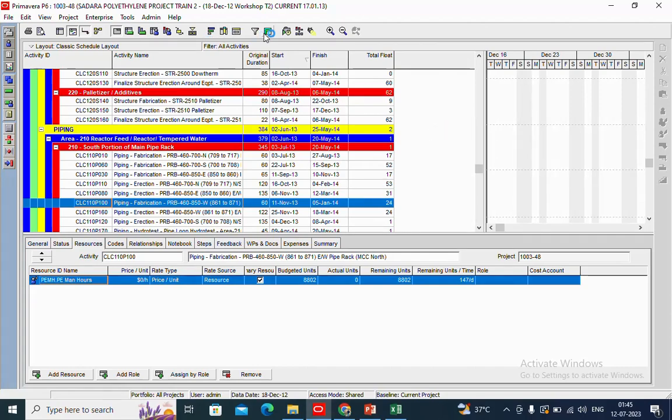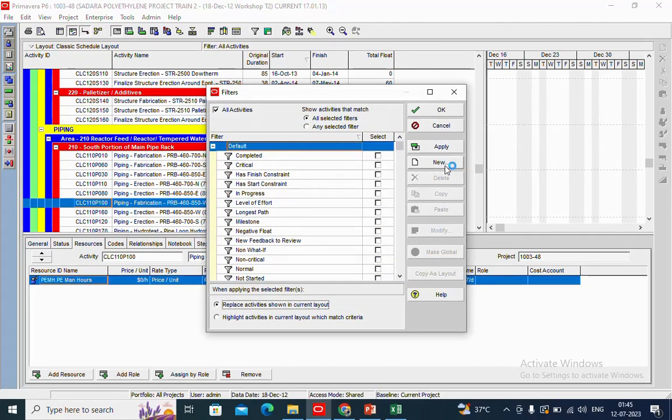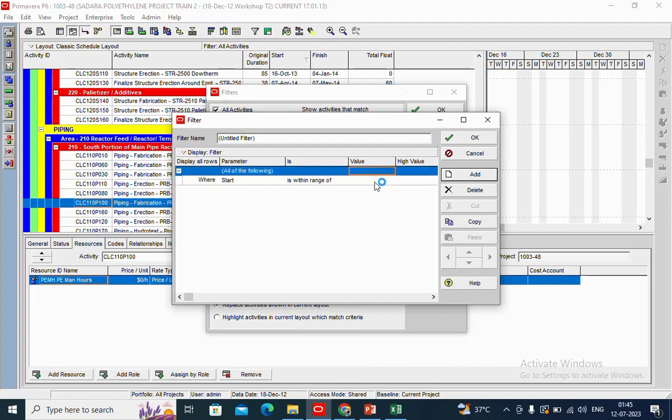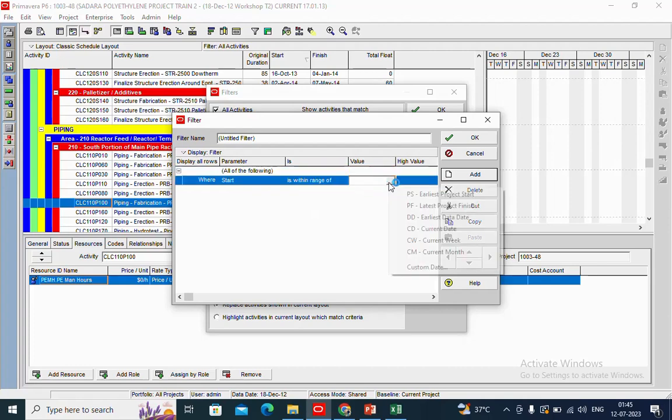So you go to the filters, add a new filter, and you put where the start of the activity is within the range, where the low value is data date and the high value is data date